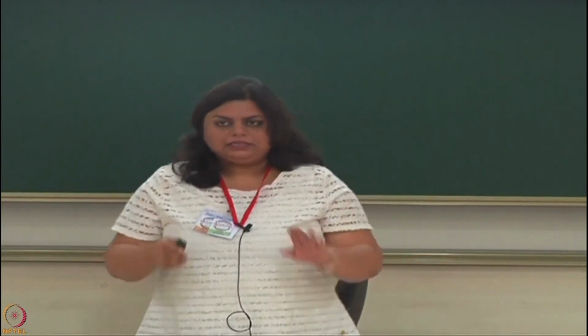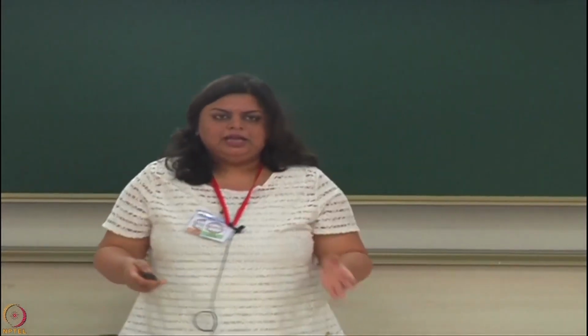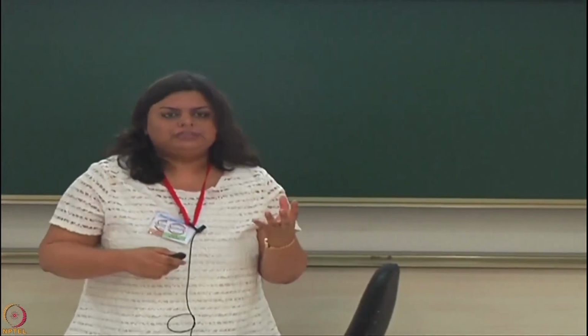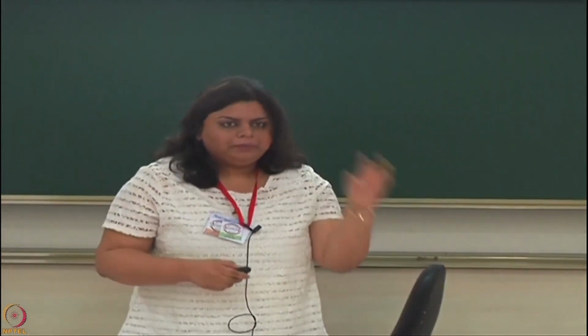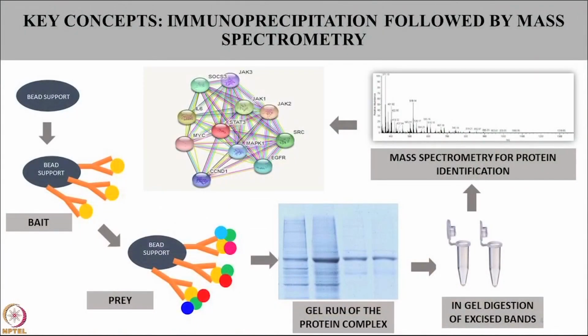But at least, rather than doing a global proteomics like many of you are familiar with, wherein you are identifying everything, now you can enrich your sample, just the way you can enrich your PTM, to look at a particular complex. Right? So this is the overall methodology. There is an alternate way to do it. You can use this complex and use a buffer, something that has low pH, like a glycine buffer.